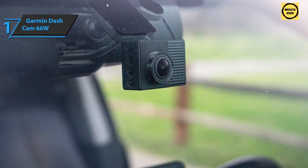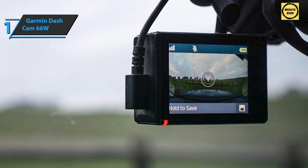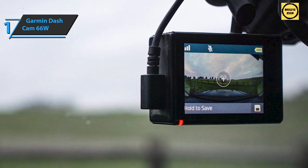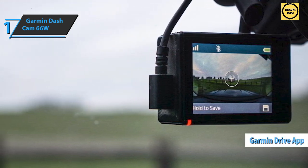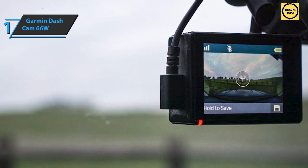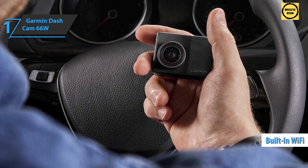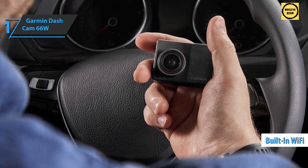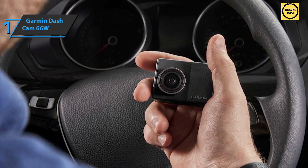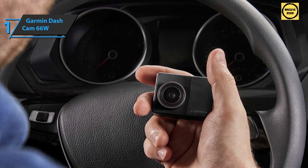The camera marks the time in the images and includes GPS coordinates, which can be turned off, to determine exactly where the incident occurred. Additionally, the Garmin phone app for Android and iOS is a handy addition that not only allows you to view, store, and download images and data, but also connects to the device via built-in Wi-Fi for real-time image streaming. It could function as video surveillance for car owners who take care of safety, as long as the device is in range. Overall, this product offers crucial features that are a must-have for most car